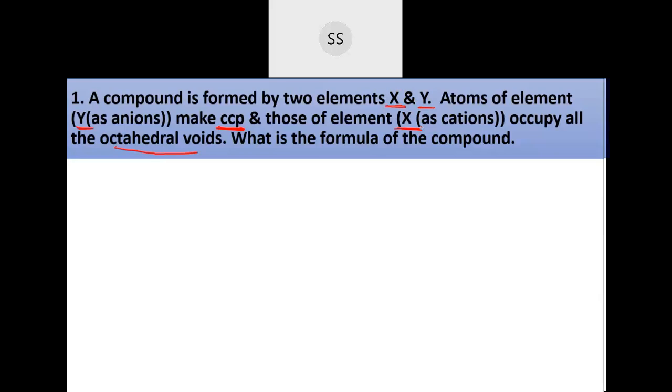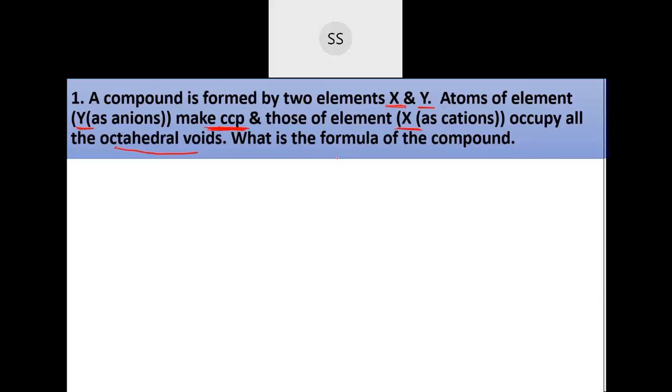Okay. So now to do this problem, the first thing you will do is identify the lattice. You will find that unit cell which is making this, because depending on that number, you will understand how many octahedral voids you will get and how many tetrahedral. Then you have to take the ratio of both. Understanding? I will repeat this. The first thing you have to do is identify the unit cell. So now here which is the unit cell? This one, CCP is the unit cell. So you will write this down first.